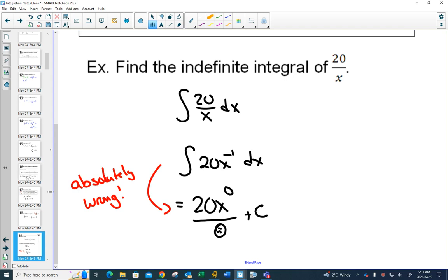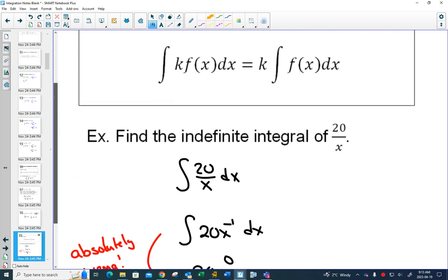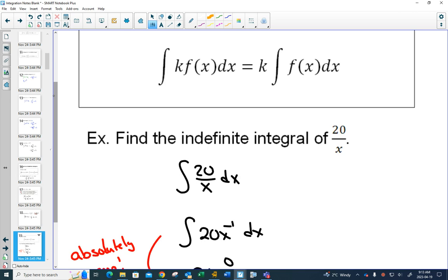But if we use this idea that if you're multiplying by a constant, you could bring it out in front, I could choose to bring the 20 out in front, which would leave me with 1 over x inside. And the reason that's nice, and this doesn't always work, is there is hope that you see the 1 over x and say, oh yeah, I remember doing the derivative of something and getting 1 over x.